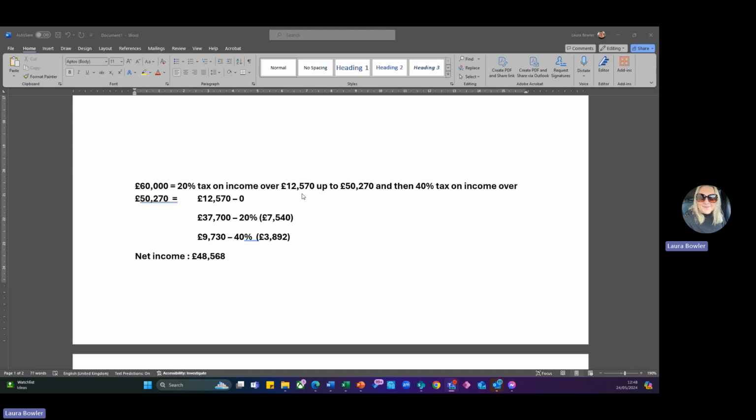For any income then between 12,570 and 50,270, which is 37,500, the difference between these two numbers, we will pay 20% tax, which is 7,540. And then for any income over the 50,270, which in this case is 9,730, we will pay 40% tax on, which is 3,892, which means Sue's net income after tax would be